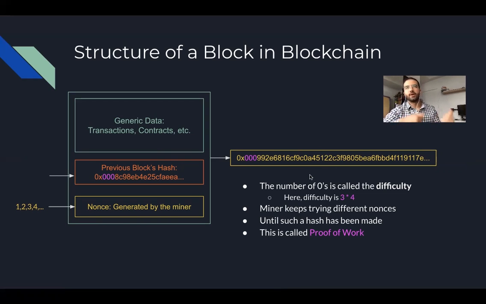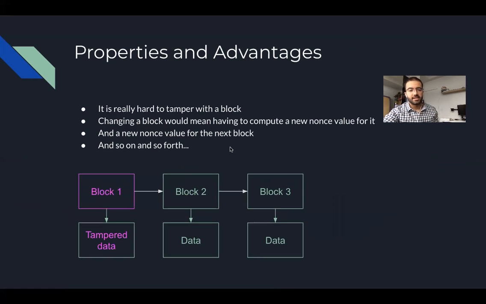It's basically the only way that you can find that nonce value is to brute force it. So that's what a miner does. And in this case, for example, we're requiring that there's 12 zeros here because this is hex. And this is called proof of work. As a result, your blocks become very secure, because if you change some data here, that'll invalidate the hash for this block, which results in the invalidation of the hash of this block, and so on and so forth. So it makes it very, very secure.